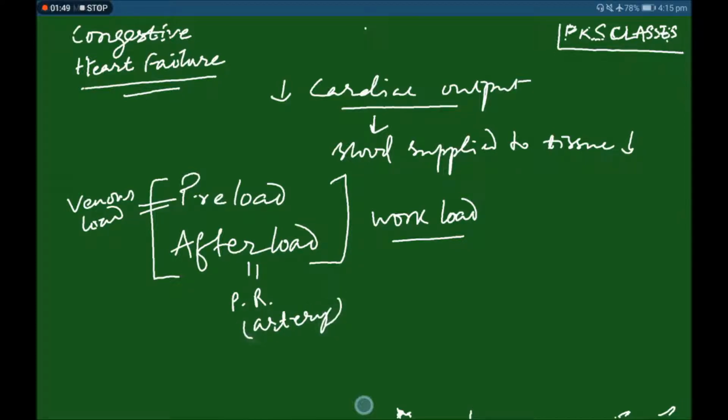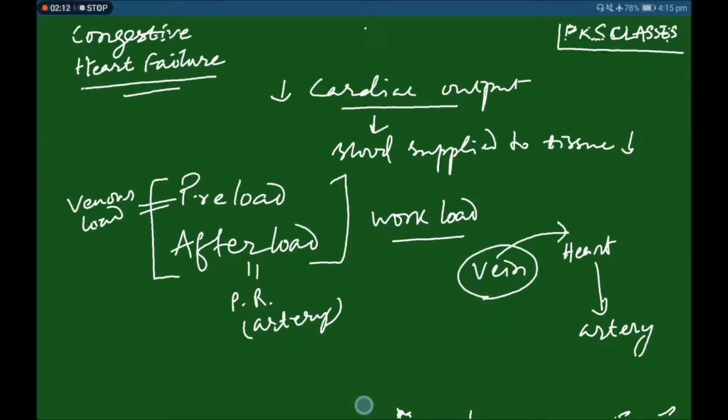Okay, that means veins take blood from tissues to heart, then from heart through arteries the blood comes out. So the load exerted by the venous blood on heart is your preload, and the load exerted by your cardiac output, the blood coming out of heart, on arteries is afterload. So this afterload will be equal to your peripheral resistance. So now